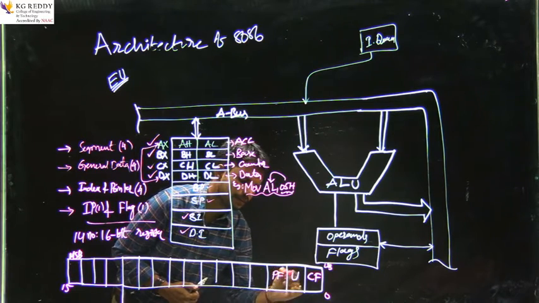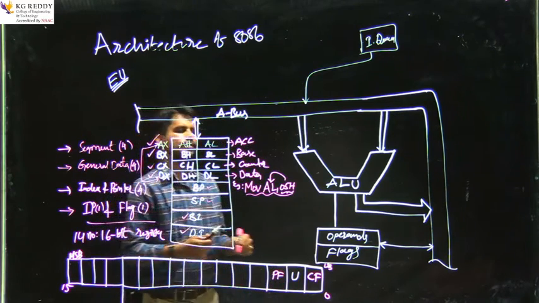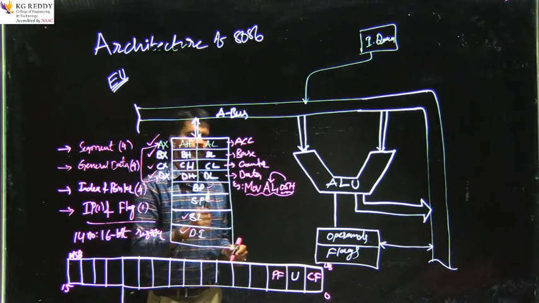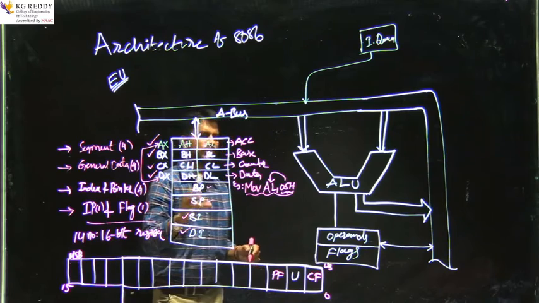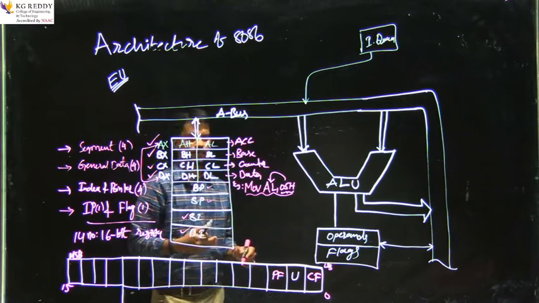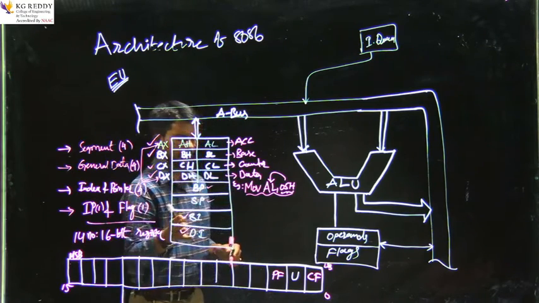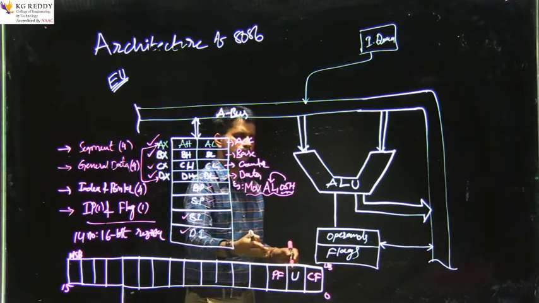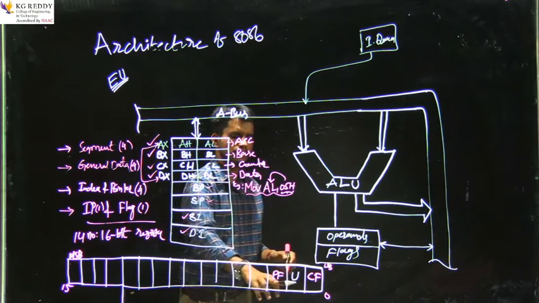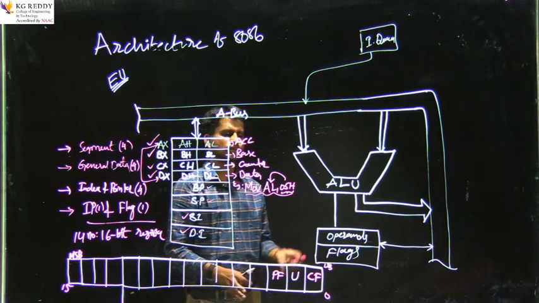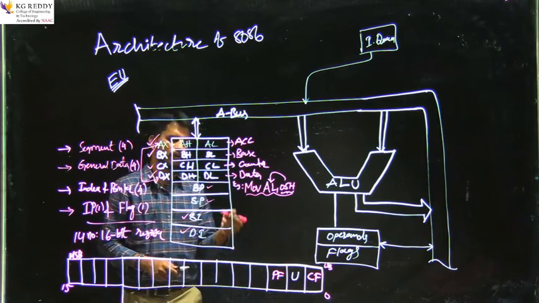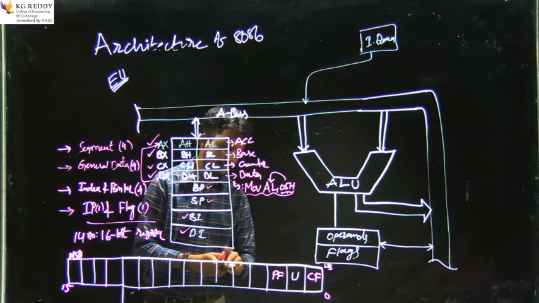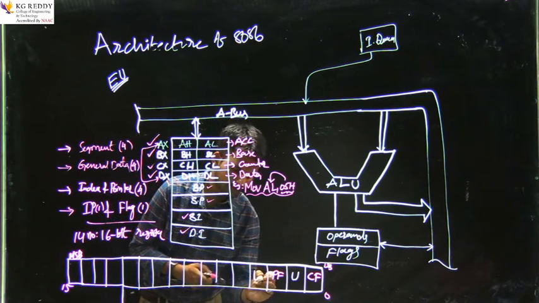parity flag. The parity flag, we know, will show us the number of ones or zeros present in the resultant data. If the resultant data has an even number of ones, it will show 0. If the number of ones is odd, it will show 1. Means set to 1 or set to 0 based upon whether the number of ones in the result data is even or odd. And next, again, undefined.